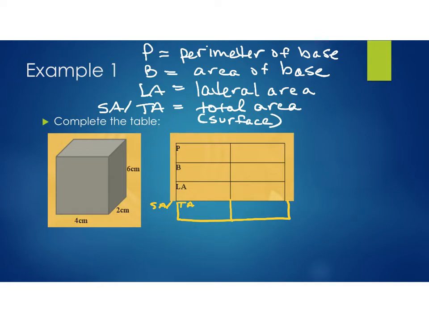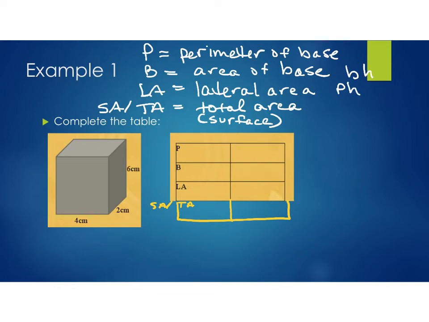So let's go through and identify the formulas. For perimeter, we're just going to add all the sides. In this particular prism, the shape on our base is going to be a rectangle, so that'll be base times height. And for your lateral area, we're going to find the perimeter of the base and multiply it by the height